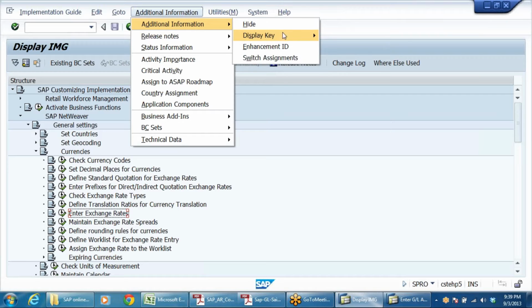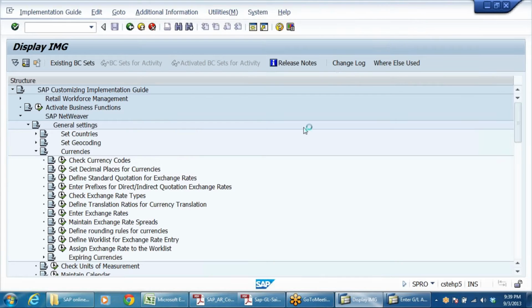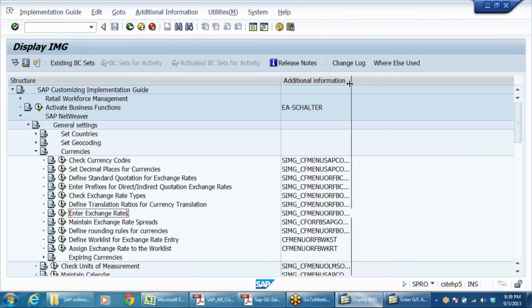Additional information, display IMG activity. Right, OB08 is the T code. Enter exchange rates.